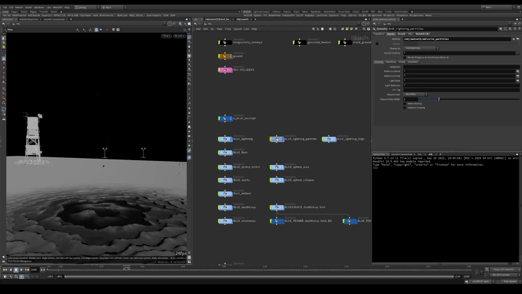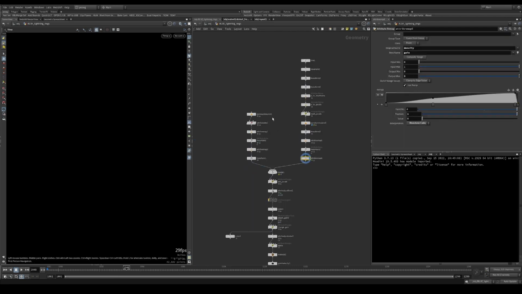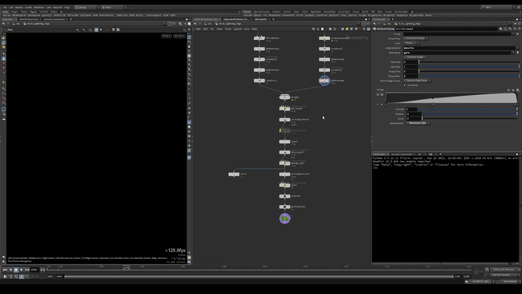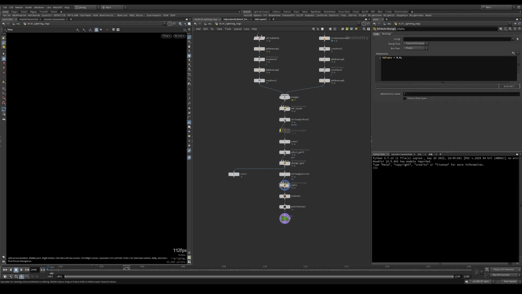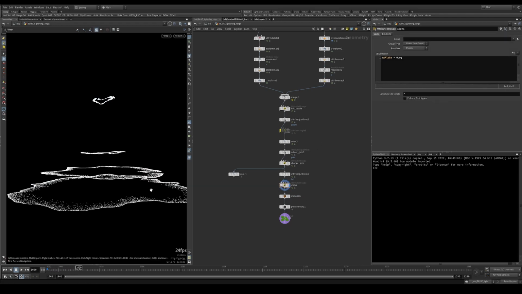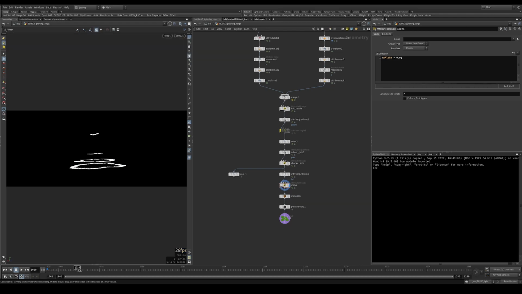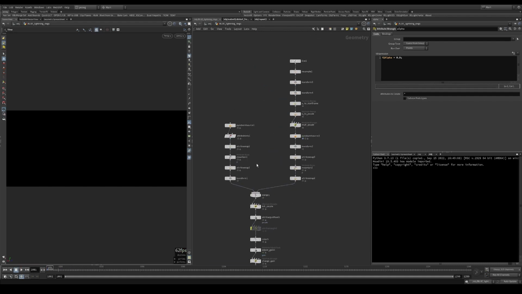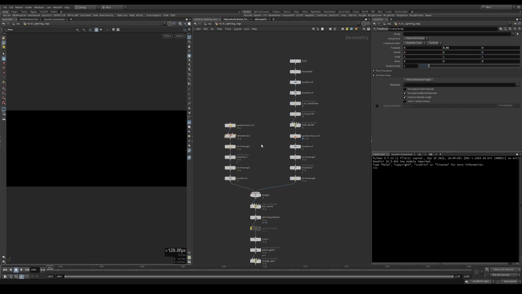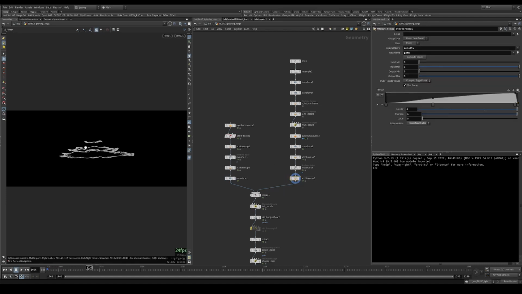Cool. So next up is the lightning rings. This is all done procedurally using the pyro tools from Houdini. It was quite fun to make these, as it's pretty fast and it's extremely art directable. So we have 2 inputs here. This input is the one that happens at the top, and this input here is the 3 shockwaves that